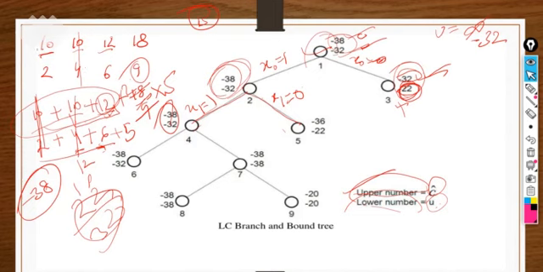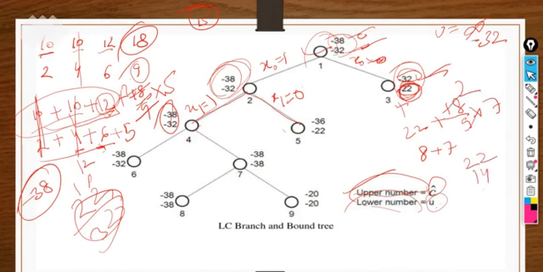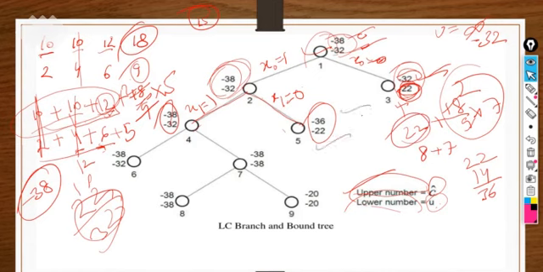How much weight is there? The cost is 10 plus 12, 22, and what is the weight? 8. So how much weight can we put further? 7. If we take the fourth object here, what part of the fourth object can we take? The seventh part. That means 14. So 22 plus 14, what will it be? 36. So 36 will be there. And what about the minimum bound? We don't have to consider the fractional part for the minimum cost, so we take 22 only. So minus 22, and 36 is there, right?